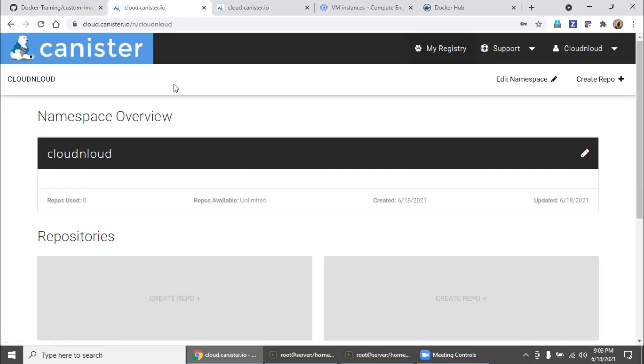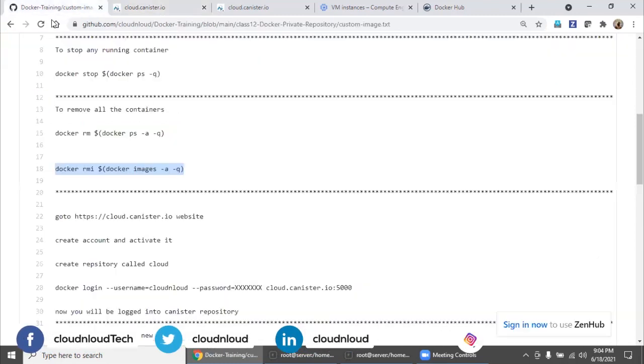Kanister is a very easy way. The only problem is that since it's a free private repository, whenever you push a custom image, the GUI will take some time to update. But we will have another workaround to check whether our private repository push worked or not.